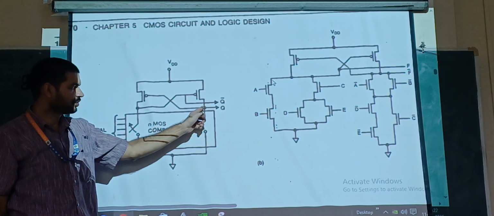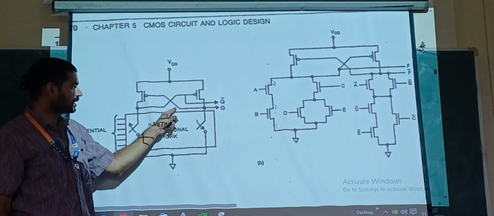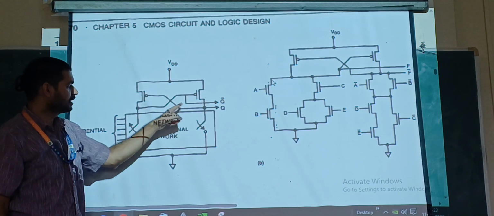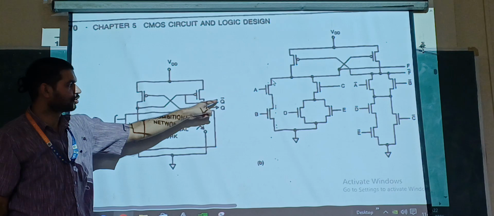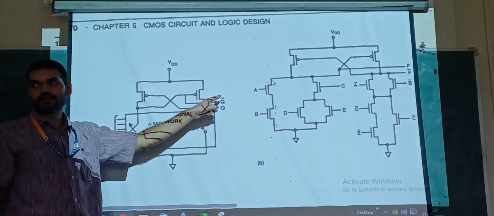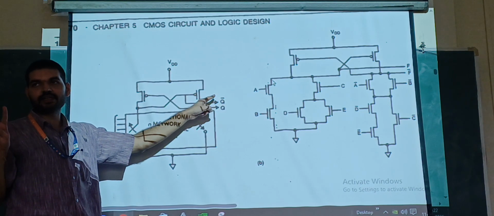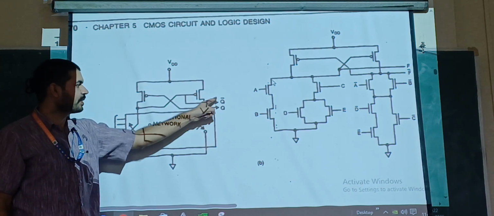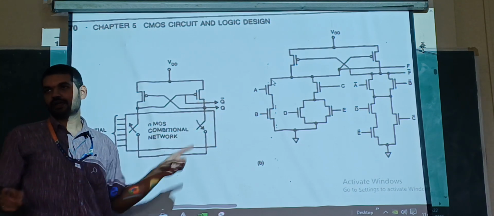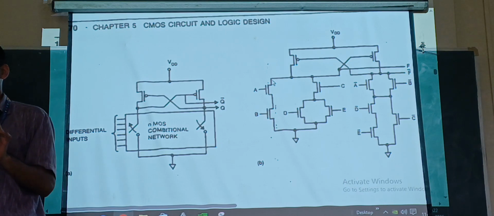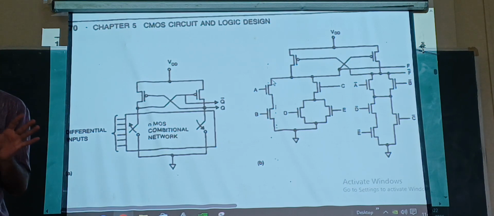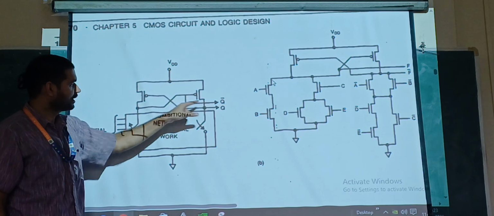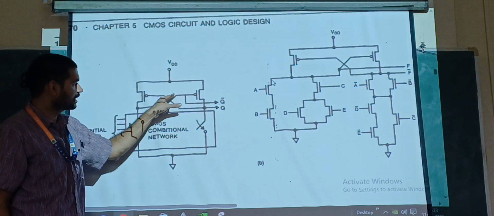This Q, which is output, is connected to the gate of one PMOSFET, and this is Q bar output. This is one more output. So in CVSL logic, we get two outputs, Q and Q bar. Okay. I think I had explained this may be used in flip-flops. So Q and Q bar, Q bar that is